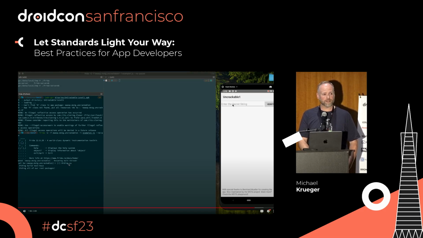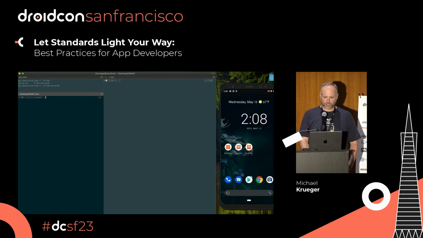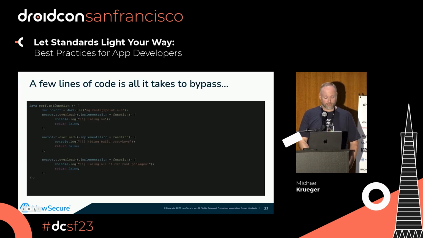It was looking for the presence of the super user daemon on the device itself. Well, I hid myself from that. That was easy. I just overrode the routine that the app called, and I said, no, no SU here. I convinced it that it was operating on a production build of Android, and I hid any root-specific files from the application again. And that took, I think, 15 lines of code to do. Yeah, and there it is. That's all it took. That little bit of code allowed me to defeat root detection.